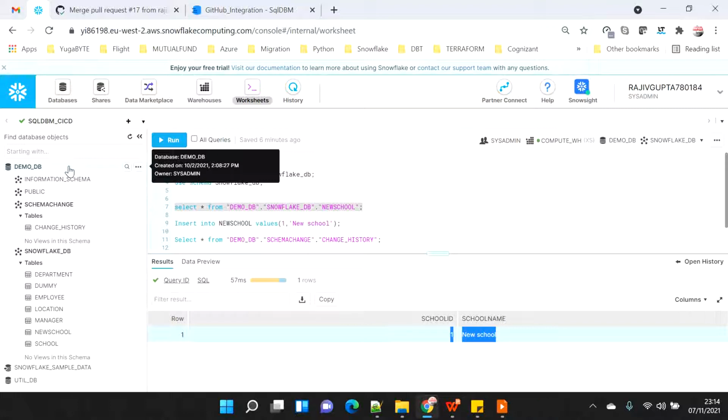So that could be very handy as an end-to-end, but we need to take care of a few things before setting this up. This is just a small demo to showcase the feature, but in a normal production case there might be lots of checks and lots of validation before we directly see the things in the database. But this is a very nice feature, very nice announcement. So I'm happy.